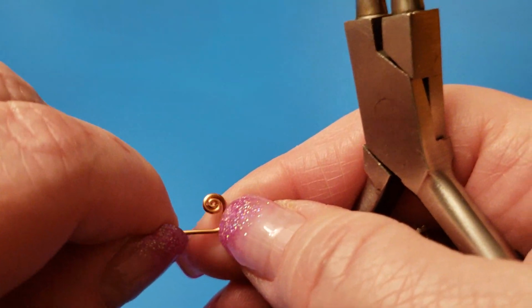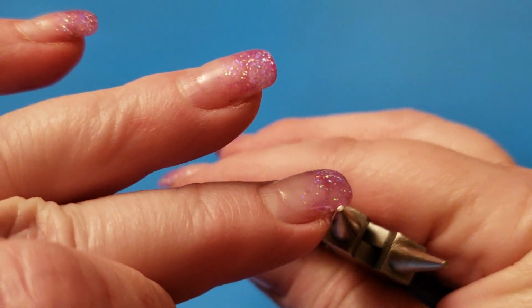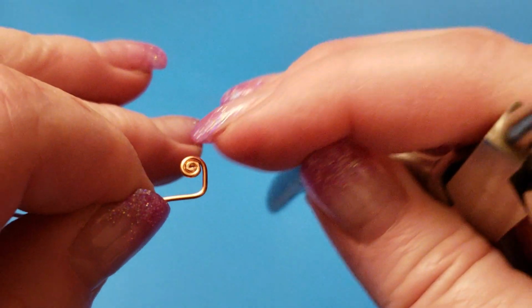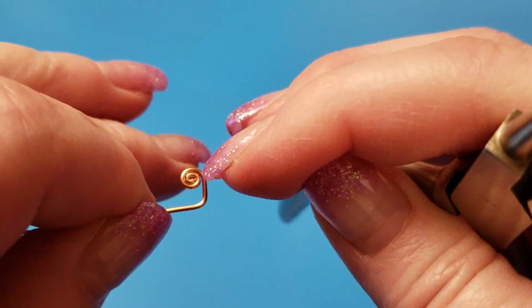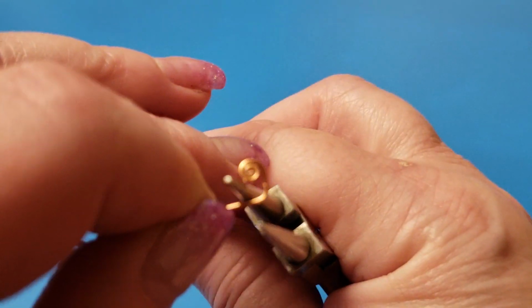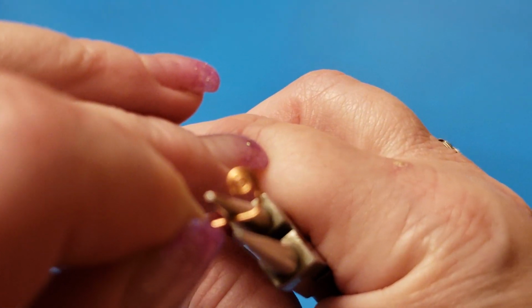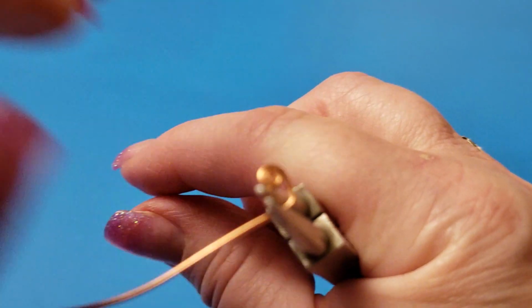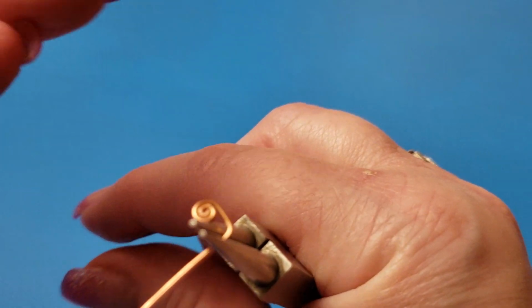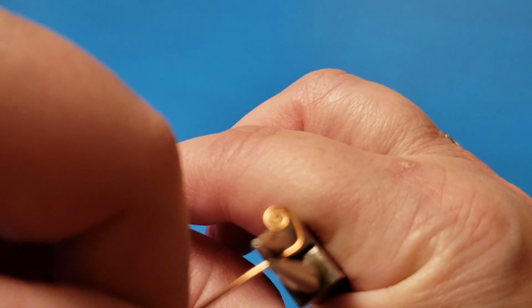Now, the next step is you want to find the spot on your round nose pliers that has the same dimensions as that coil there, because we want both humps to be approximately the same size. And of course, because my hand's in the way, it doesn't want to focus. So I eyeball it